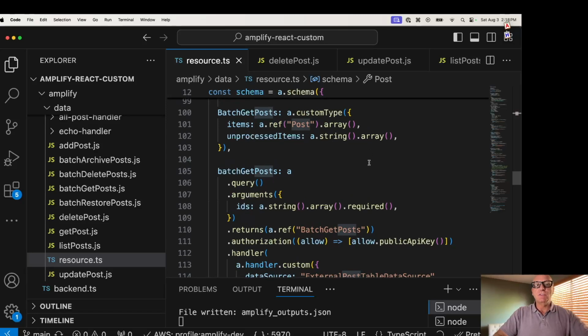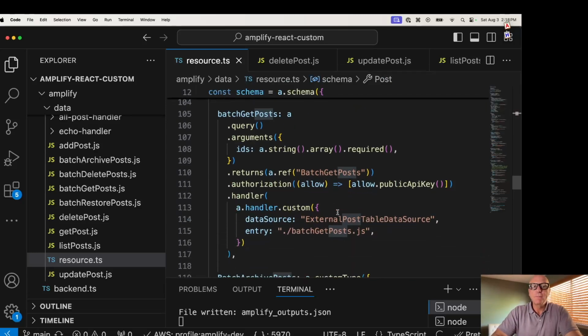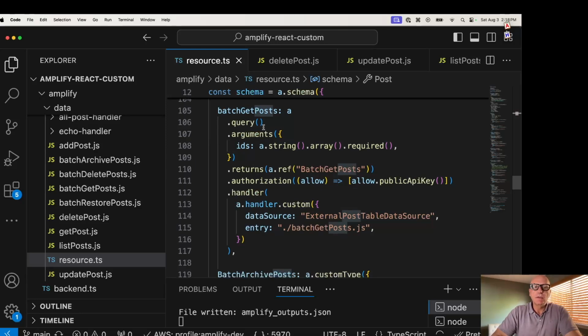According to the documentation, if an item could not be gotten, then that would also appear as a null in the items list, in the items array. But its ID would also be down here in unprocessed items. So if we look at batch get posts,